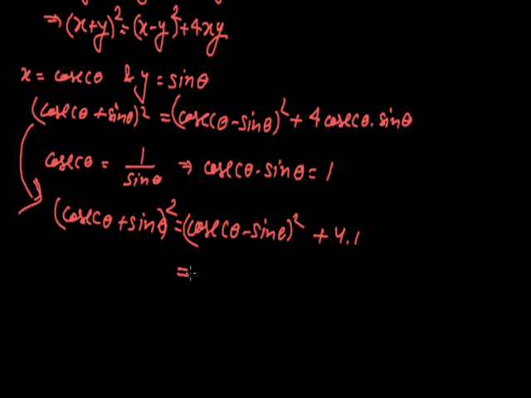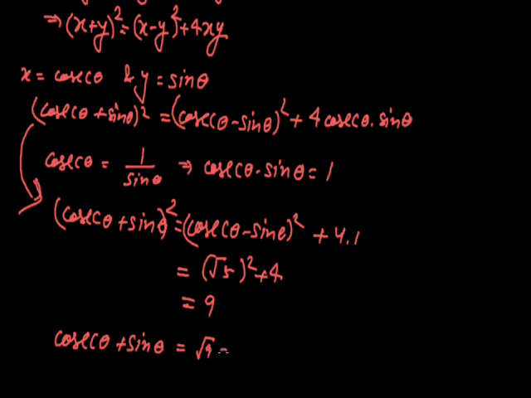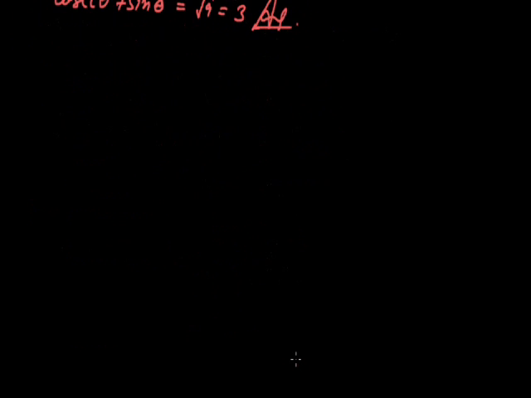Now by substituting the appropriate values, we have root 5 whole square plus 4, that is 5 plus 4, that is 9. So we have cosec theta plus sin theta as root of 9, that is 3. That is our answer. Moving to our next question, question number 2, that is given to us as, if